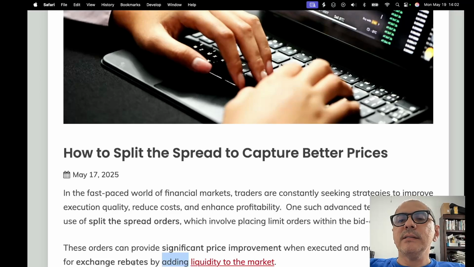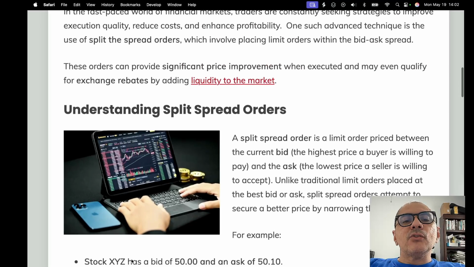In fact, this is one of the secrets of bigger traders: they usually make money by trading more and receiving these exchange rebates. So let's talk about